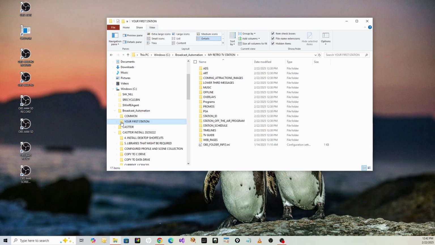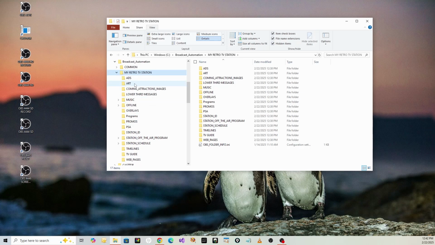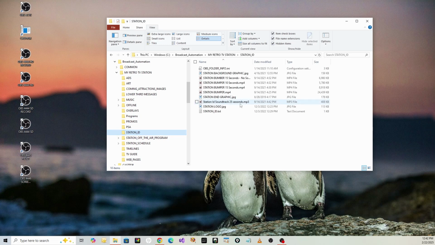Return, enter. Then we're going to come down here to station ID, and we're going to go into station ID text,